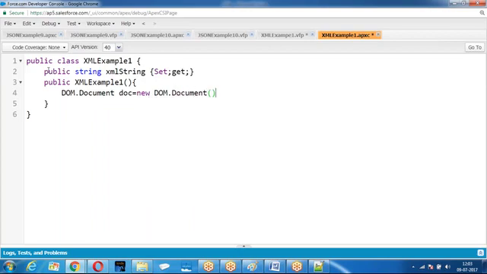First I create the DOM document. Once I created a document, we need to create a root element. How do you create a root element?